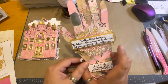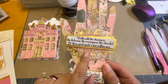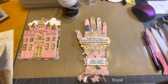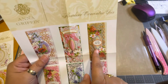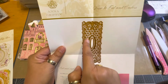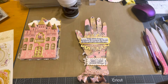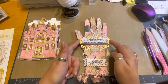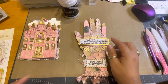Then I used, that's in the Anna Griffin matte gold foil cardstock, and there's a pink shimmer cardstock here, and that die comes from the Slimline concentric dies, and it's this teal piece here, this mint piece, and it's this center one here. Then for this matte foil gold cardstock piece, that is the shadow layer here,